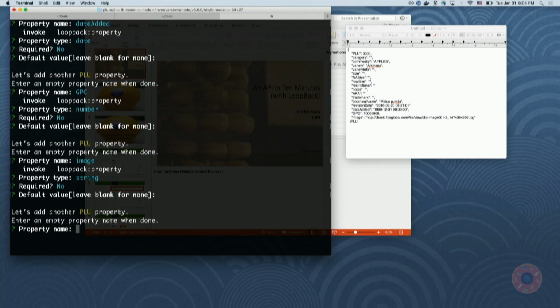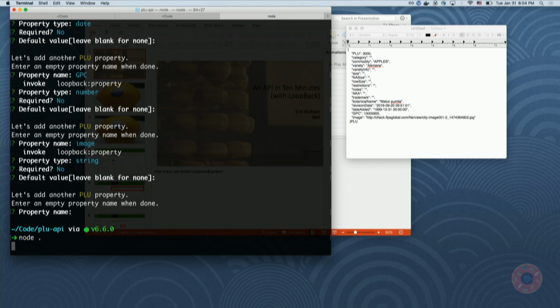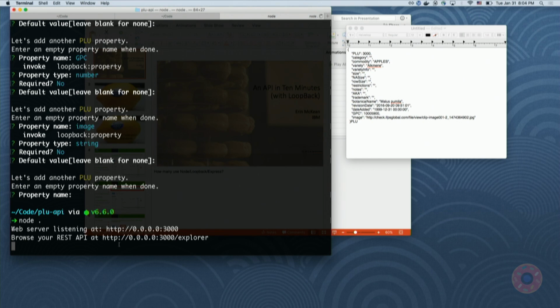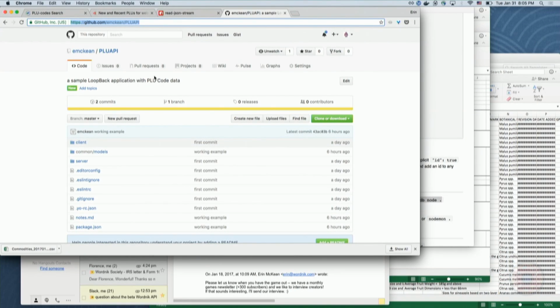All right, so now when we're done with the properties, we're done. So that took 4 minutes to type in all those property names. Now we're actually ready to start the API, which is kind of crazy, right? So you can just do this. And there's an Explorer where you can go and check out your brand new API. So let's see if I can get,